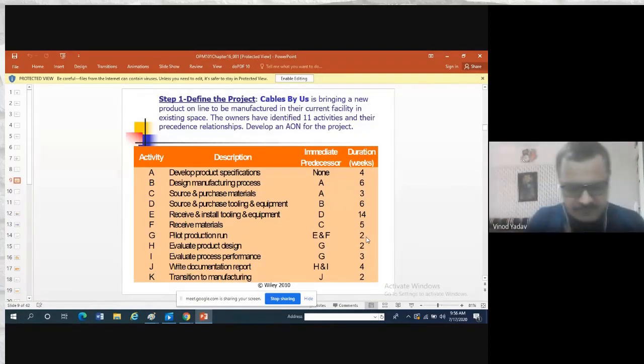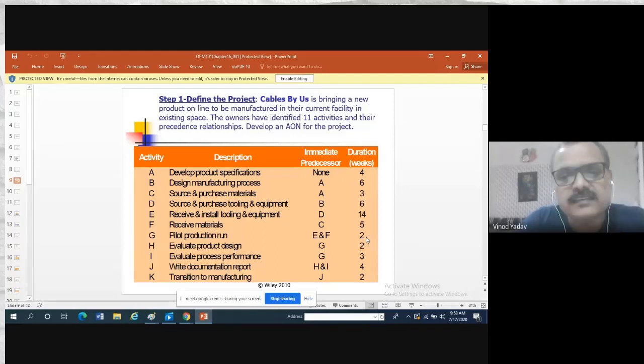So whatever you define, that my first lot will be 50 products, or 20 products, that is what we call a pilot production run. The first line of our production, because before producing things in bulk, we may have to produce a sample so that we can test it and check it in the market. Whether modifications are needed, and if they are required, we can do them. So this is what we call pilot production run. It requires a duration of 2 weeks. It depends on E and F. You must have installed your equipment and all of the tools. You must have received the materials. Then only you can perform it.